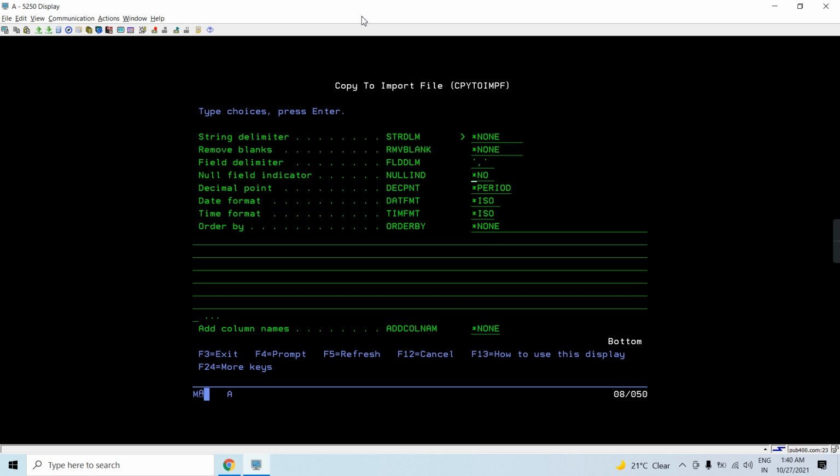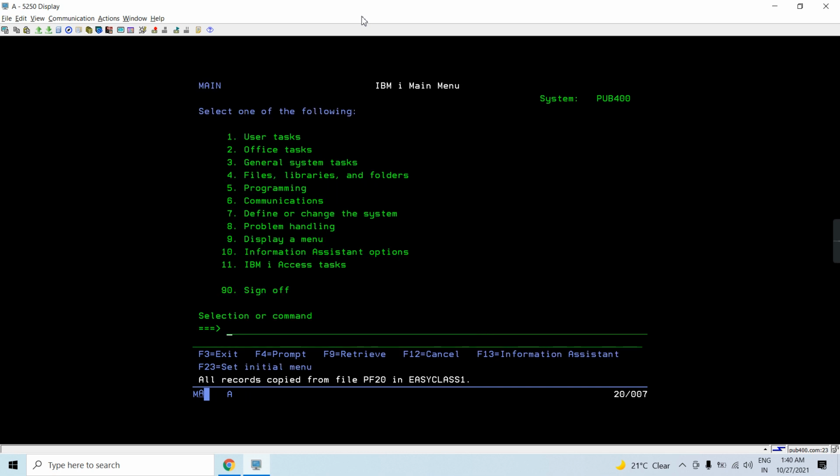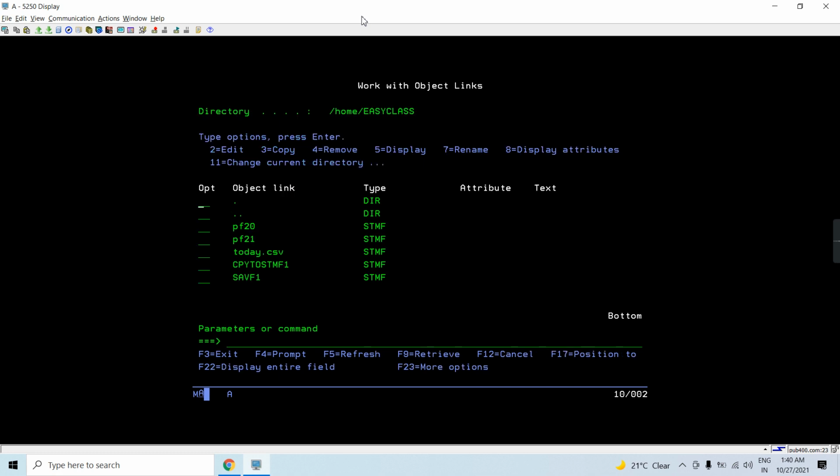For null indicators, I don't want to associate any null indicator with the fields in the IFS stream file. The decimal point would be treated as a period here, not a comma. The date format would be this, the time format would be this, and order by is none. Do I want to add column headings? I don't want to add them right now, so just press enter and do WRKLNK.